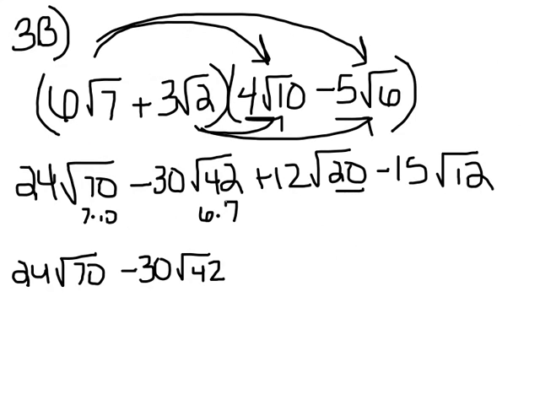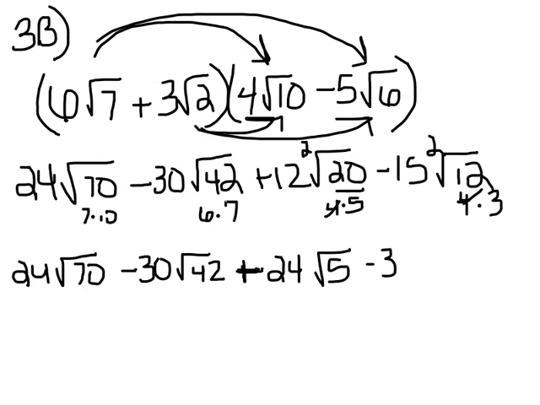The square root of 20 breaks up into 4 and 5. We can take the square root of 4, that's 2. So here we'll have 12 times 2, which is 24 radical 5. The square root of 12 breaks up into 4 times 3. We can take the square root of 4 as 2, and we'll have minus 30 radical 3. And then we'll look to see if we have like terms, which we do not. So our final answer